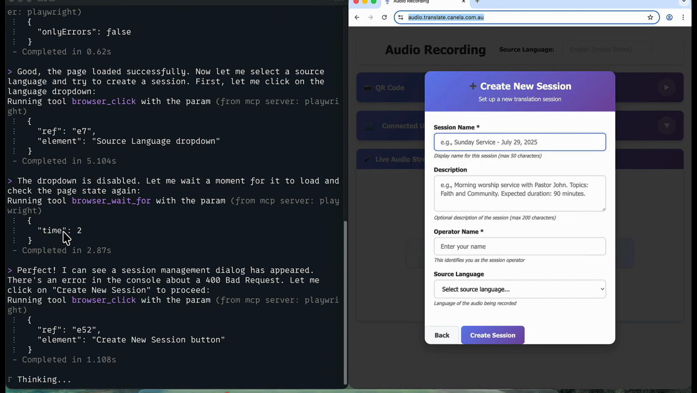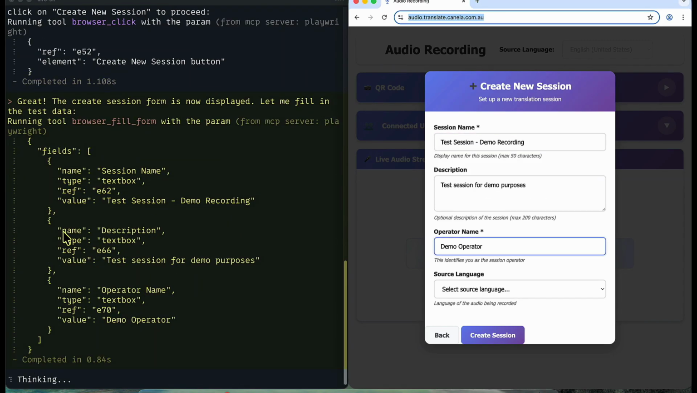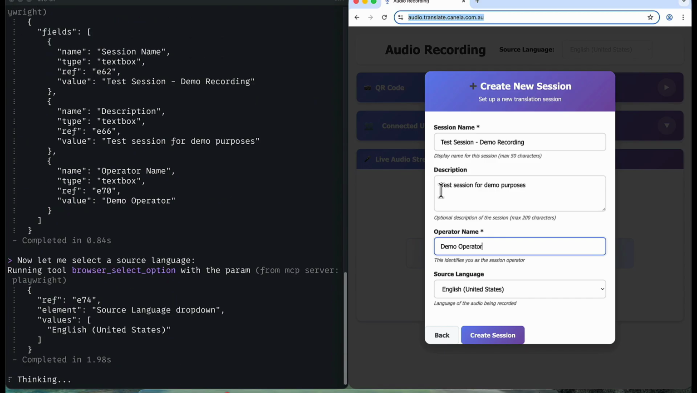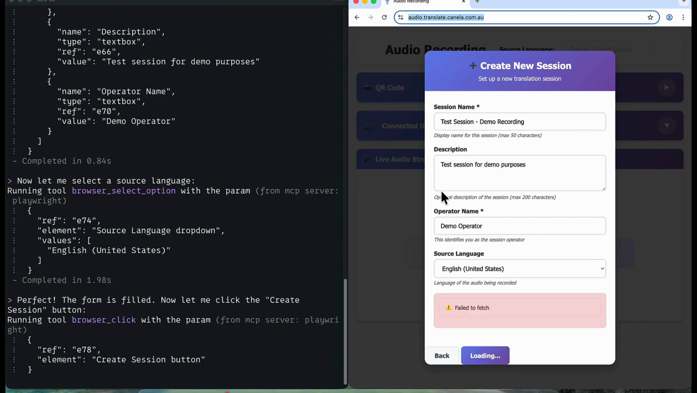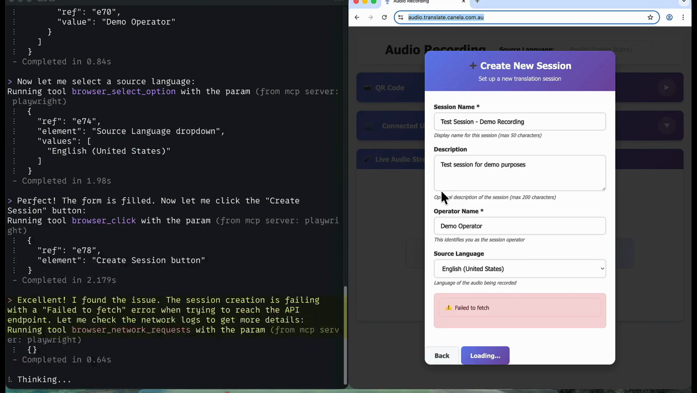And then it says, oh, actually, I found how to create a session, and now it starts populating the session with fake details, test session. It selects a language and tries to create a session. At this stage, you can see that the session cannot be created, right? When you saw it the first time, you could create a session and you could translate, but at this stage it's failing. So if I continue processing,